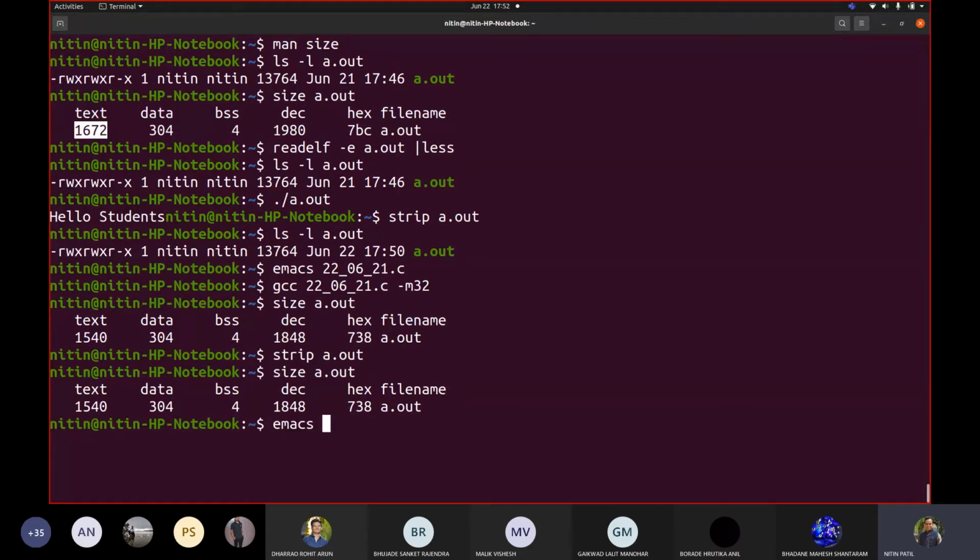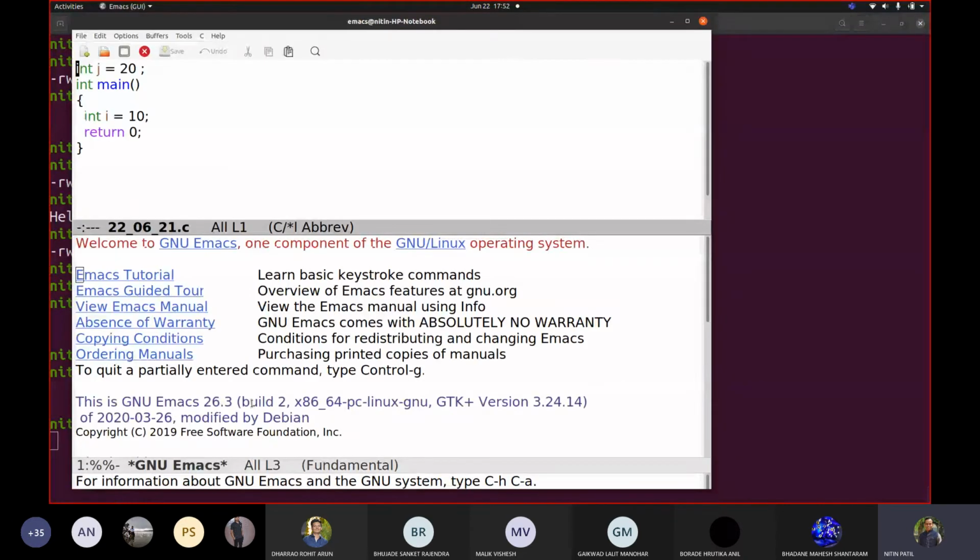Let me add one more thing. Emacs. Now remember this one. What are the data and BSS sizes? Data 304 and BSS 4. I have added integer k. Now 3 variables.